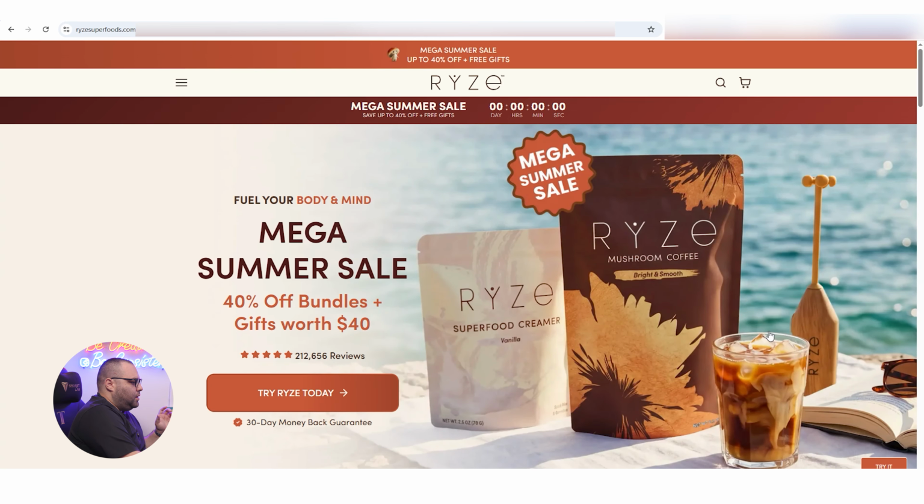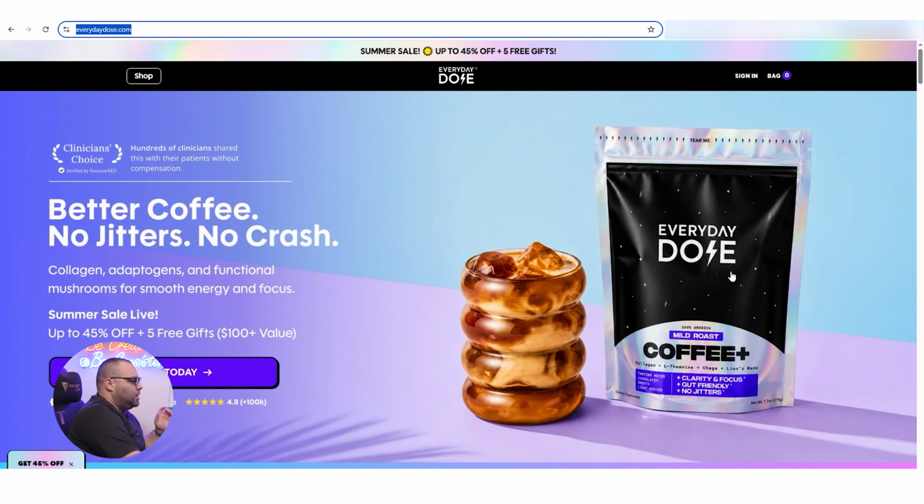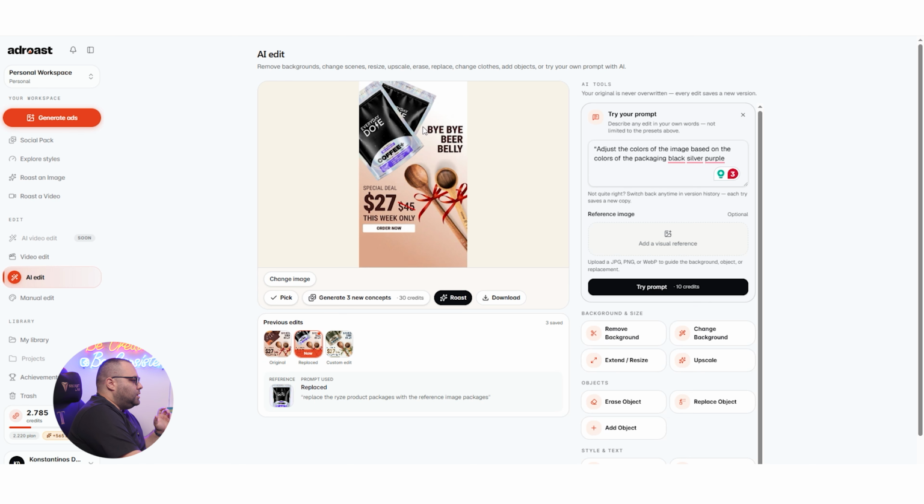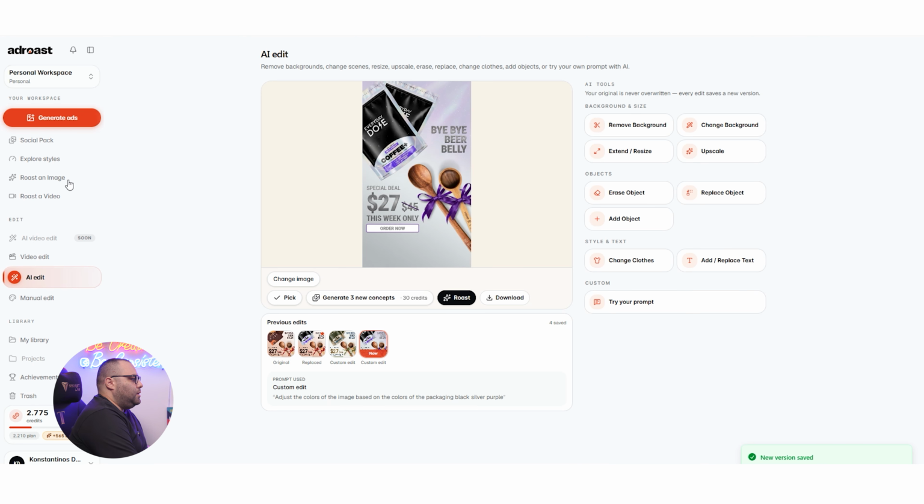This is more of brown, and this is more about black, silver, and all of that. So here I'm gonna say adjust the colors of the image based on the colors of the packaging, black, silver, purple. Okay, let's see. Much better. We do have colors that they look like this. Then we can do